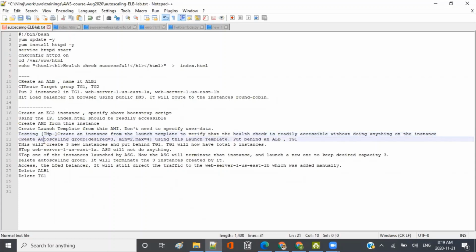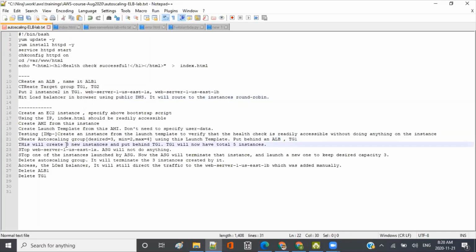We'll create an auto scaling group with the desired capacity and min and max. We have seen this many times. This time, we are going to put the instances behind the application load balancer, right? So we will specify that when the auto scaling group launches the instances, they should go behind this target group 1 that we already created up here.